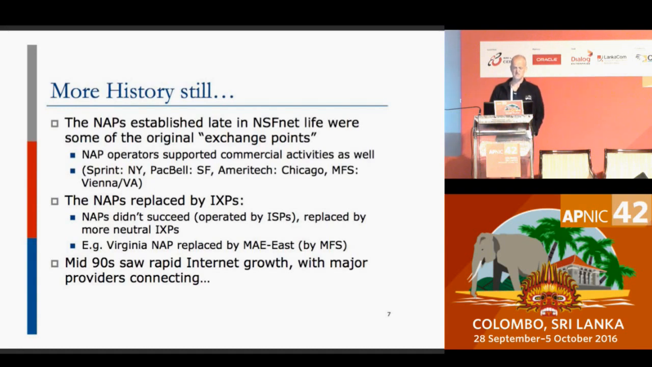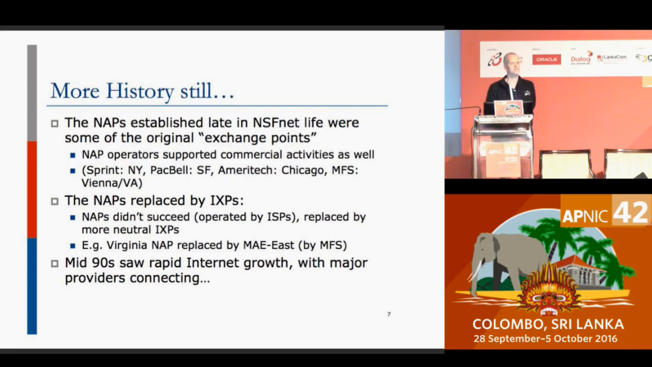Some more history. The NAPs established late in the NSFNet life were some of the original exchange points as we recognize them today. But the NAP operators tend to be the big telcos, the big service providers in the US. And of course, that's one of the things we see today. It's very difficult for a service provider to run what we call an internet exchange point. So these were the early NAP operators, eventually being replaced by IXPs in their own right